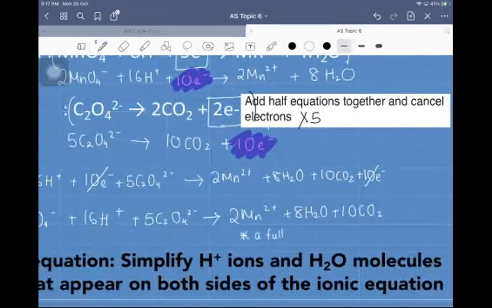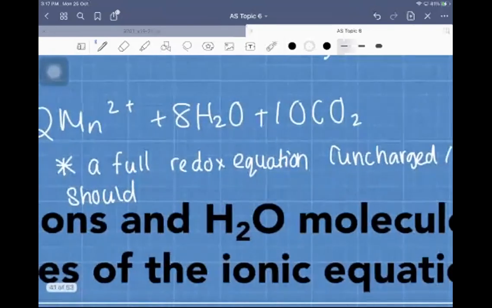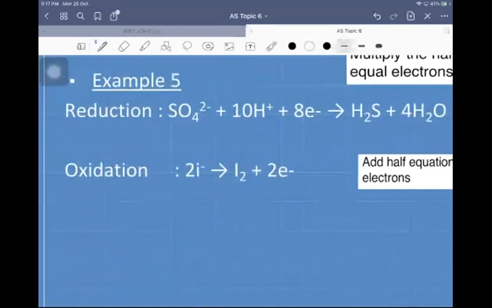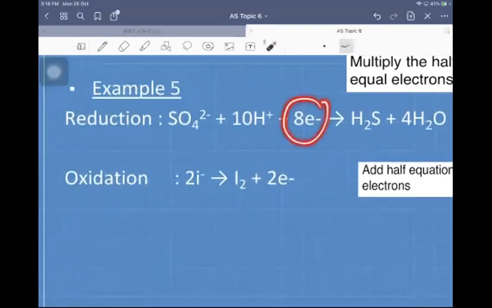A full redox equation, whether it's uncharged or ionic, should not have electrons in them. If you still have electrons, that means it is not balanced. Okay, right. So I've got 8 electrons being gained, but 2 electrons being lost. That doesn't match. And that tells me I need to multiply my oxidation half equation by 4